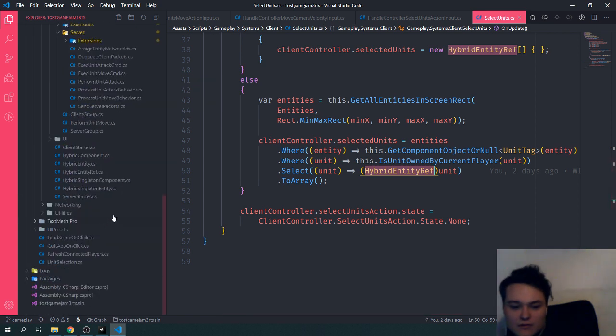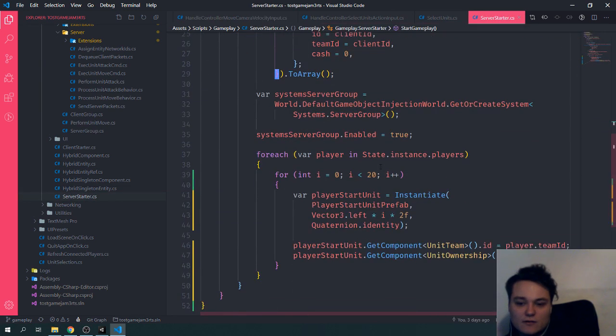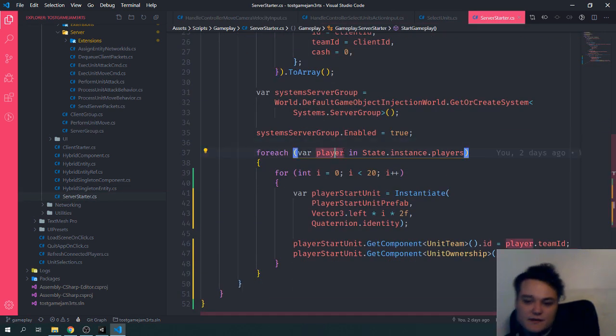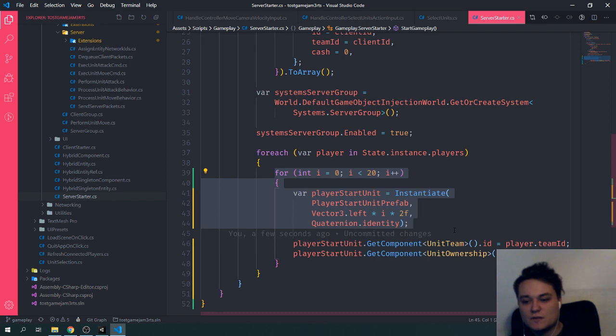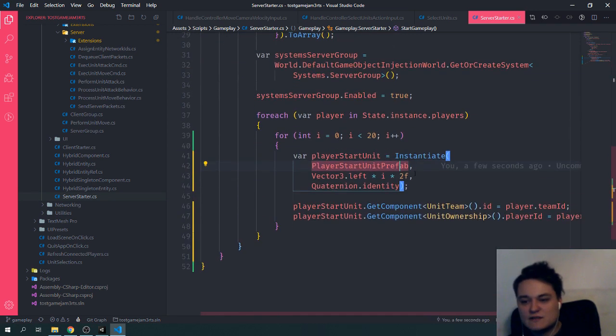So it is done out here in the server starter. When I'm starting the server, for each of the players, I'm spawning 20 units of a certain prefab. It's nothing special, it's basically the same as you do right now in Unity. Just instantiate some game object on the scene,